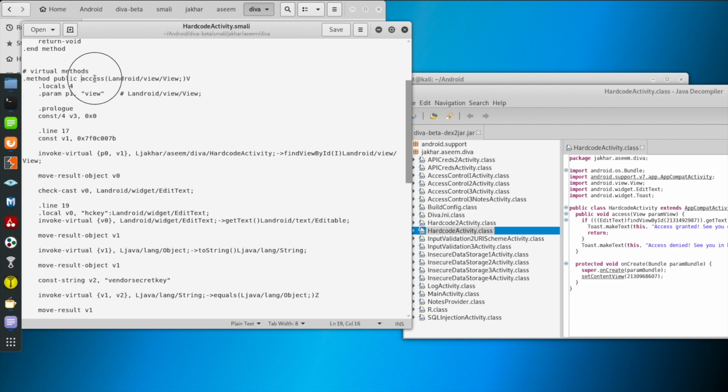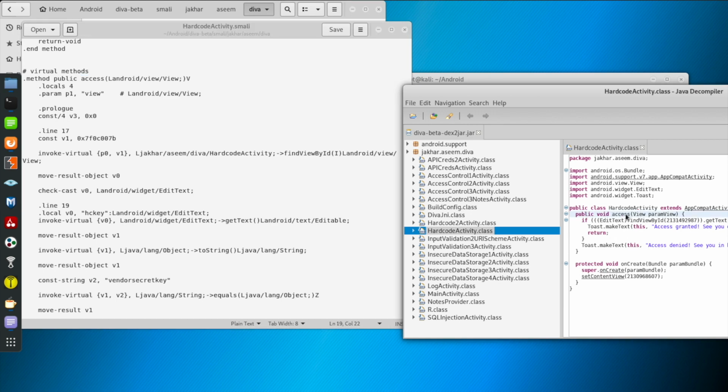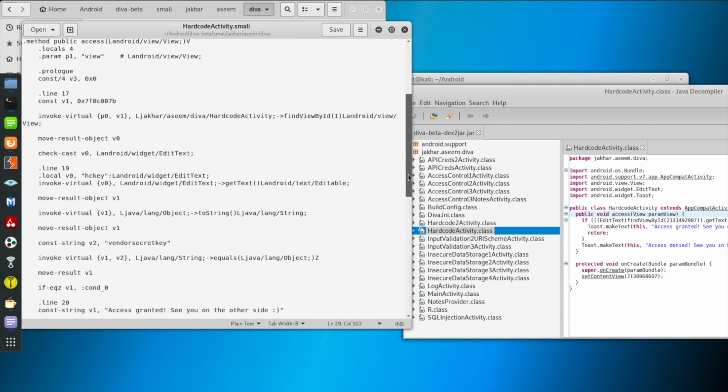This is the method which is in the jar file, which is the Java file, and let's change it into the machine-level code, which is the Smali code. Smali code is the machine-level code. Now let's change the vendor secret key here to 123456789. Now save this file.